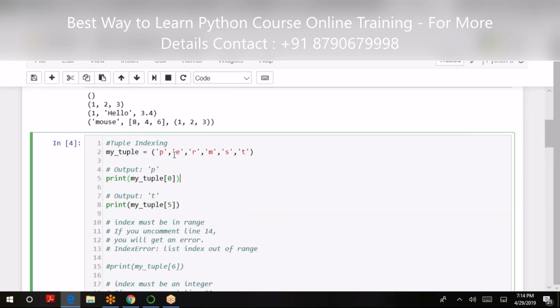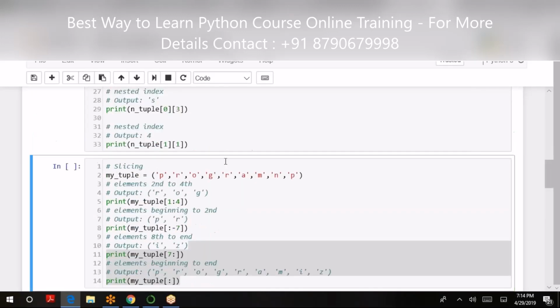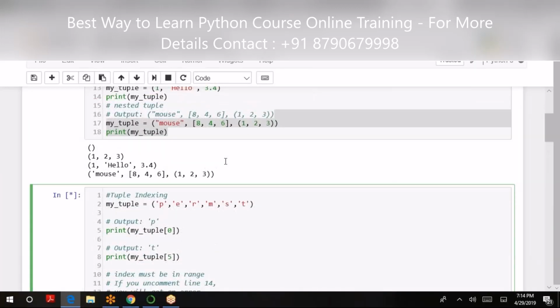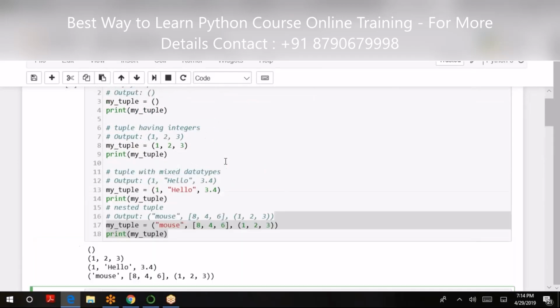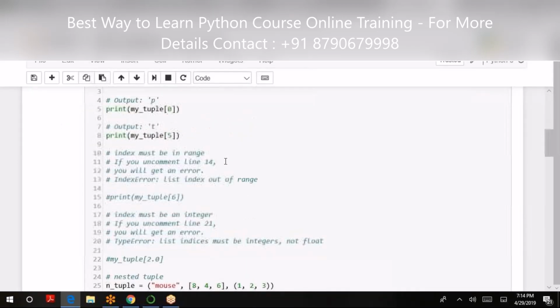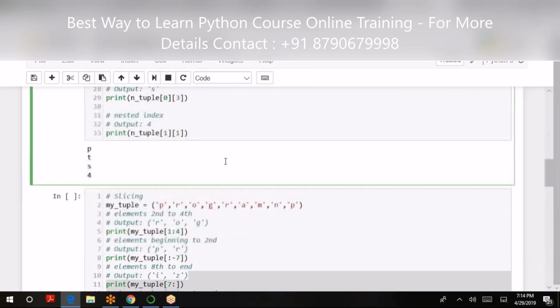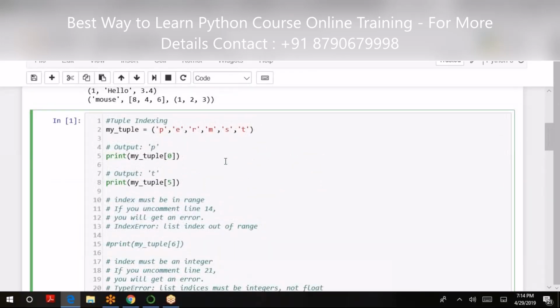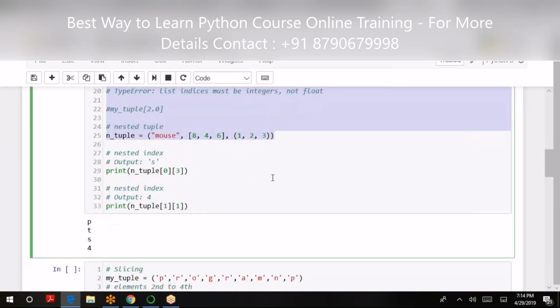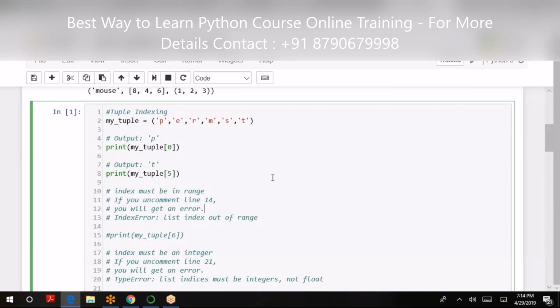Let's run this one. So PERMST is my tuple. Tuple 0 will give me P, and tuple 5 will give me T.